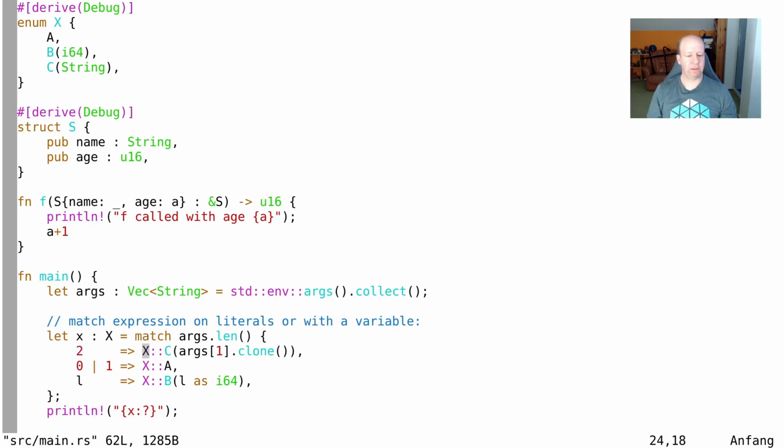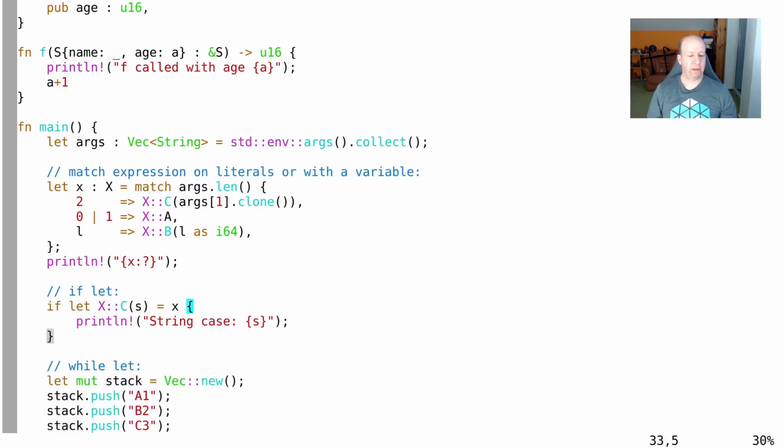In a match statement, it's allowed that the pattern does not apply. So for example, this literal here does not apply if the literal value isn't a 2. So in a match statement, you can have refutable patterns, but usually in the end, you have to have an irrefutable pattern. For example, here, just the name of a variable is irrefutable because it matches whatever it sees. So in most cases, you need as the last thing something irrefutable to catch all cases, or you enumerate all cases. An if let statement can have a refutable pattern,